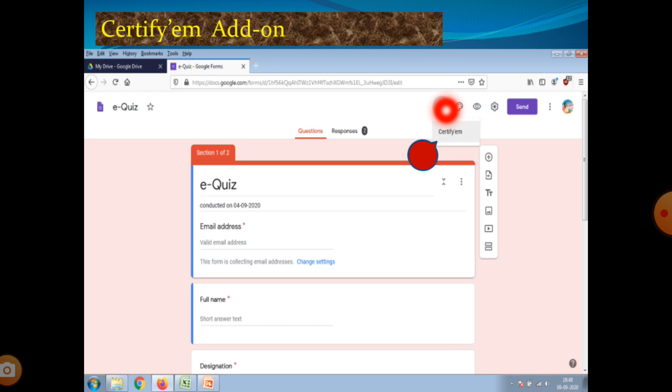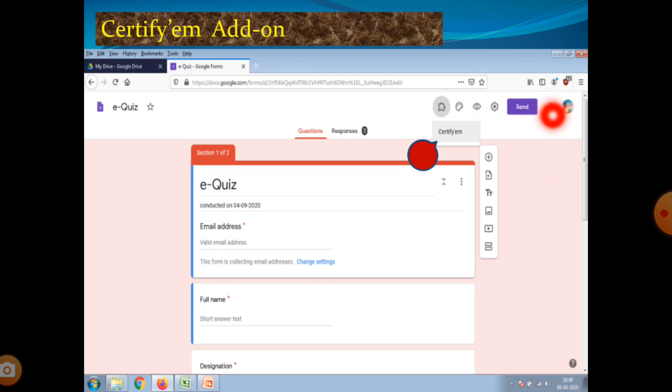When I click that add-on, we can get Certify AM, if we have installed the Certify AM add-on. If we have not installed it, there are three dots; we click the three dots and we see many options like preview, settings and add-ons.